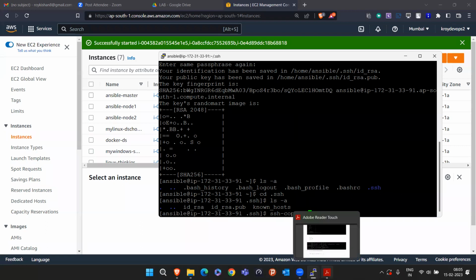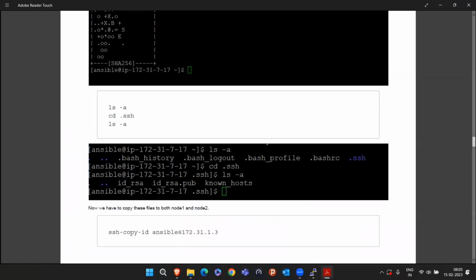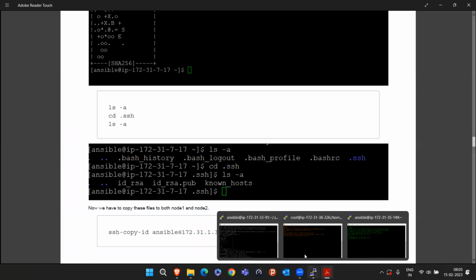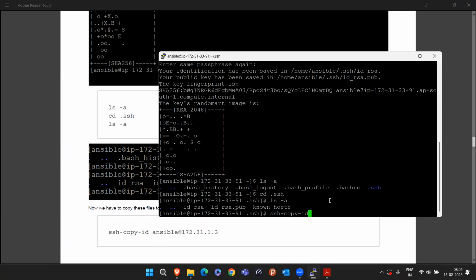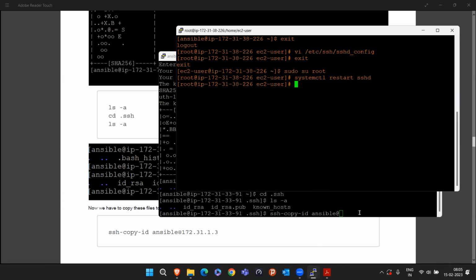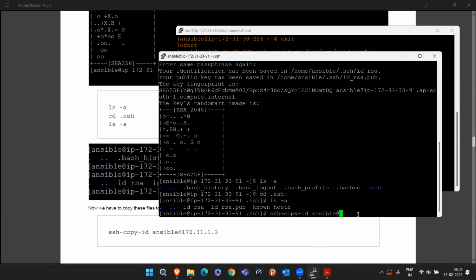So to achieve this, simply you have to do SSH copy ID, as in the official documentation. I'm copying it and sending it to node 1. So do ansible@ and give the IP of node 1. Node 1 IP is this one, 172.31.38.226. So once I do this, then whatever ID this master has, they are sharing with